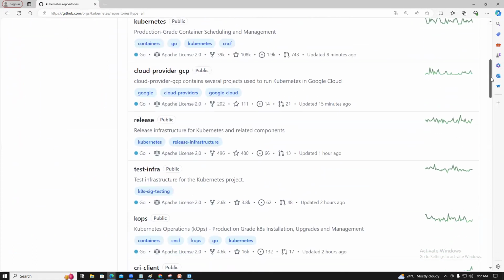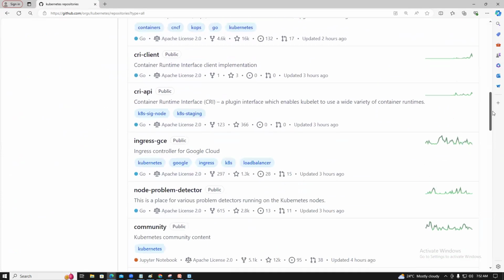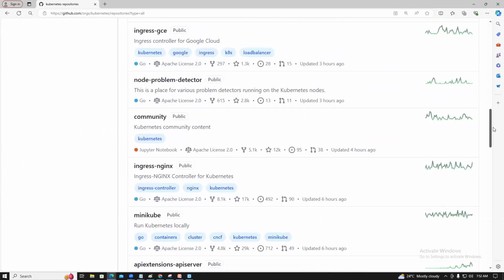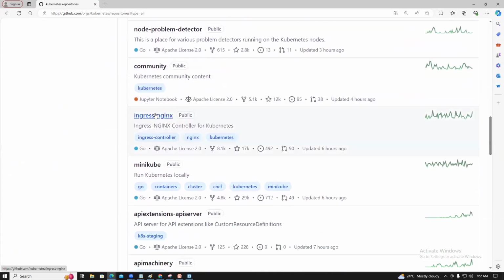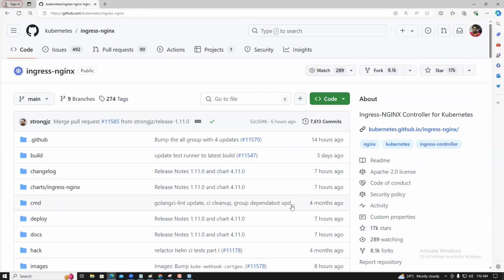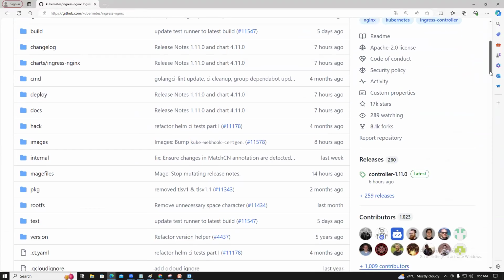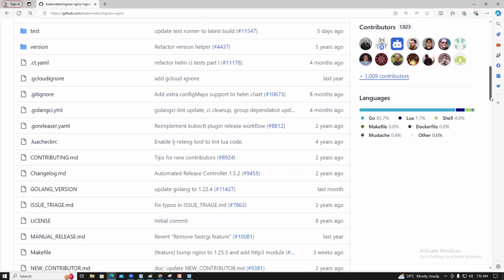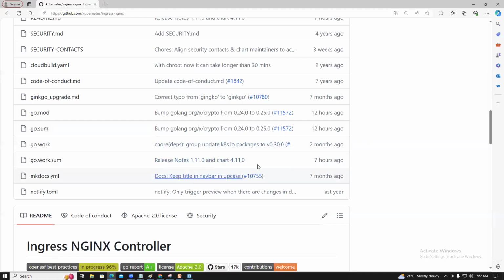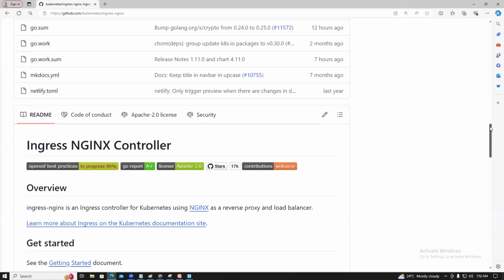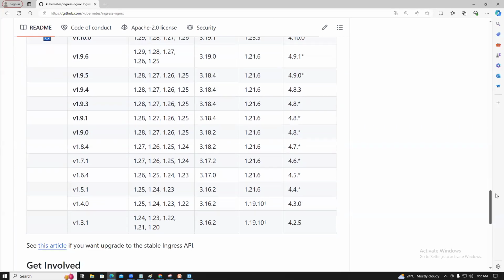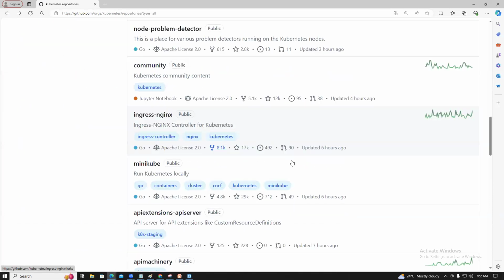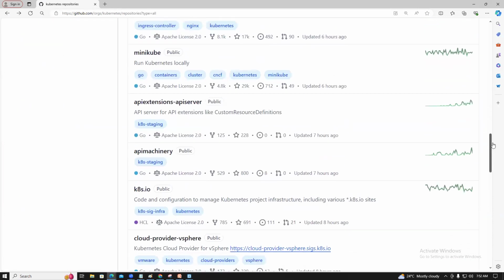Enhancement, cloud provider GCP, release test infra, cops, cloud ingress, node problem detector, community ingress and NGINX. Yeah, this is the ingress and NGINX, guys. You can check with this. This is the ingress. Ingress we'll discuss tomorrow, guys. No worries. So these are the